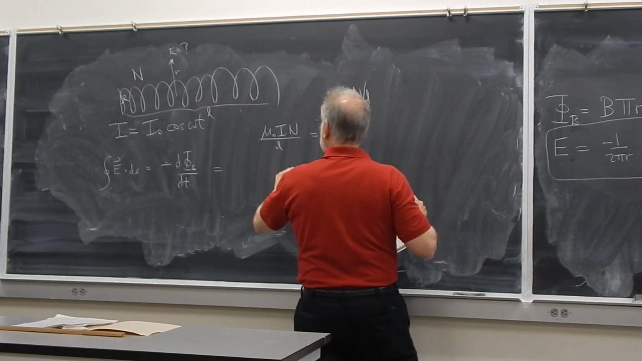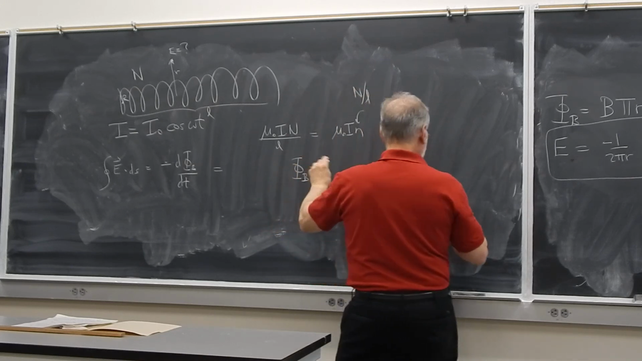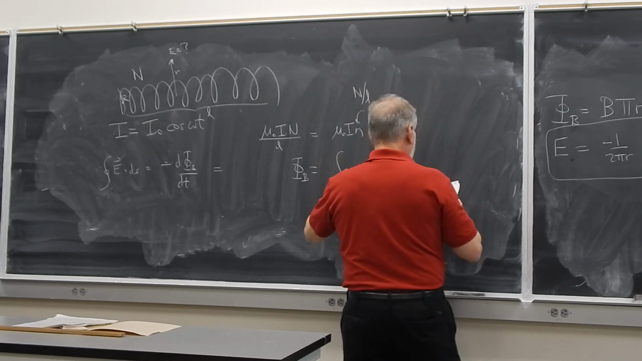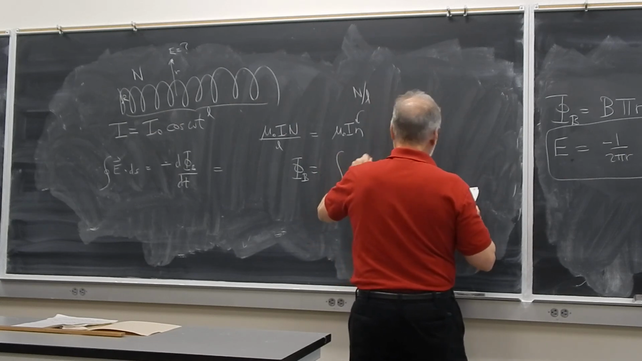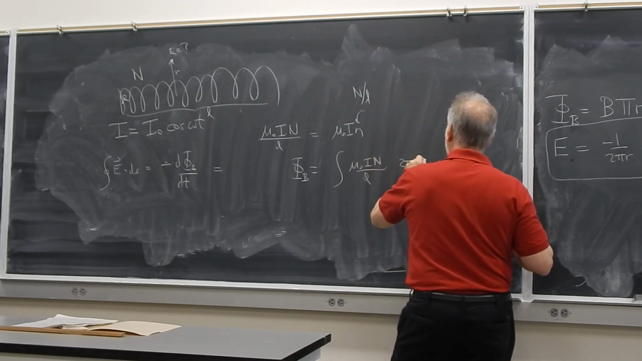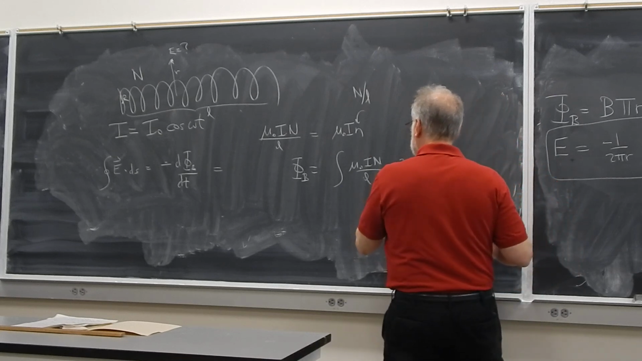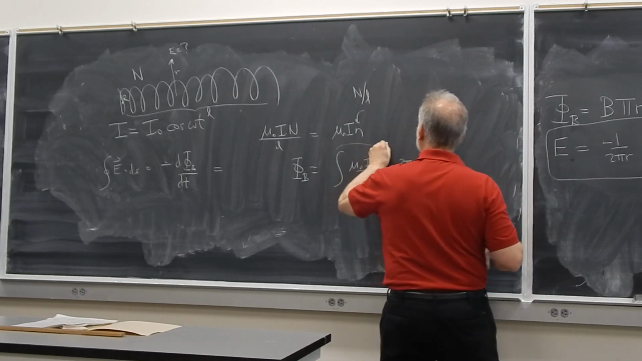The area element, though, if I want to find the magnetic flux, the area element is going to be equal to mu naught I n over L times 2 pi r dr. So that's the area element for the solenoid. So this whole integral will give me